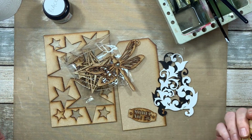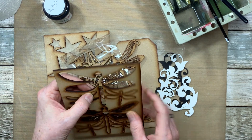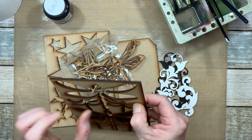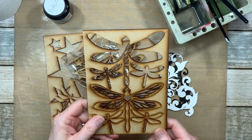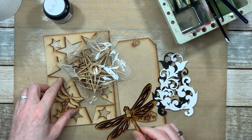That's how easy they are to pop out. Look, did you see that? Literally just pop the nail, couple of the little Dragonflies. And that's it. They just literally fall out. Easy as that. So I've got one of the large ones and two of the small Dragonflies